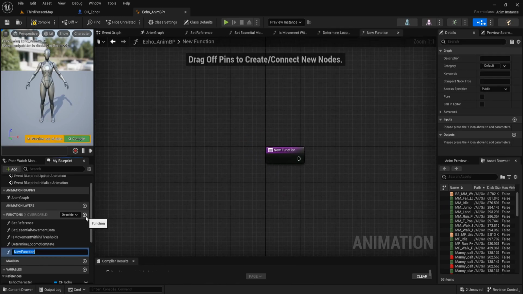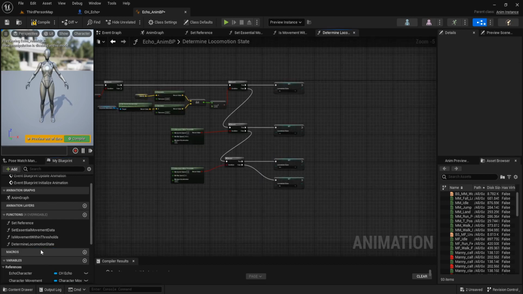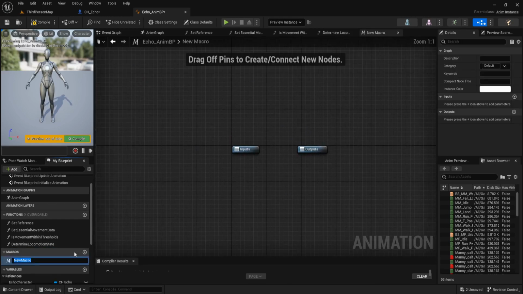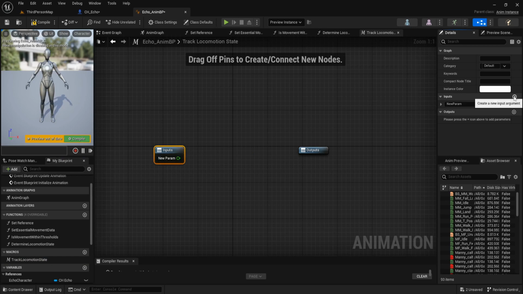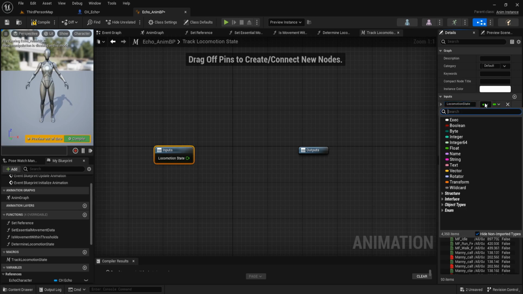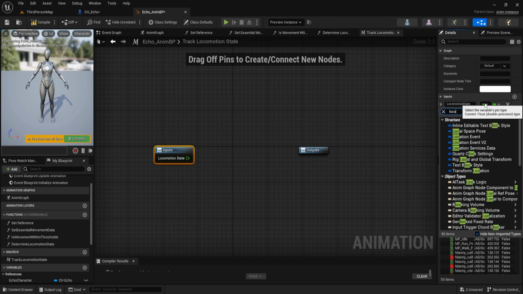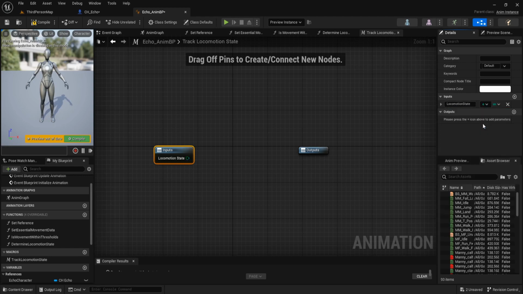Add function. Add macros. The macro's name is track locomotion state. And the input is locomotion state, variable type is locomotion state enum.